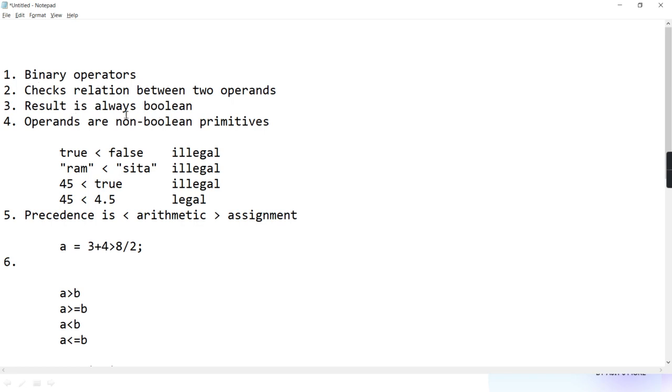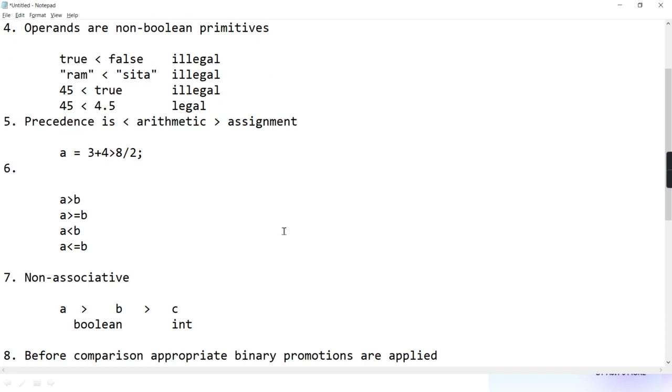But these operators will operate on non-Boolean primitive data types. So see here, both Boolean, not allowed. Both reference, not allowed. One primitive, one Boolean, not allowed. Both primitive, but which primitive? Non-Boolean primitive, allowed. Getting? Then I said precedence is less than arithmetic and more than assignment.